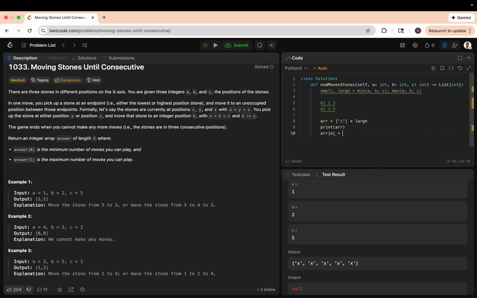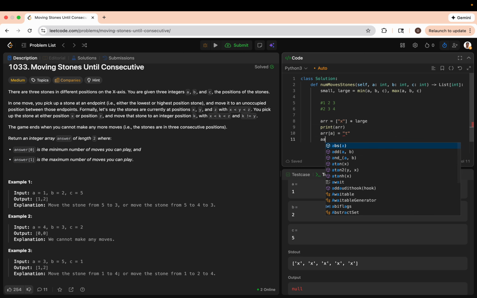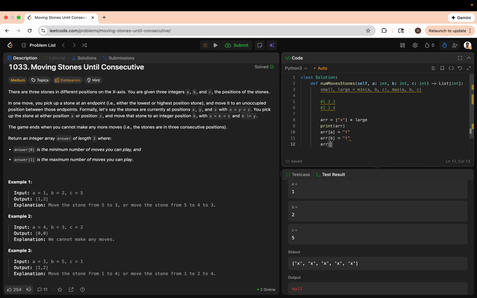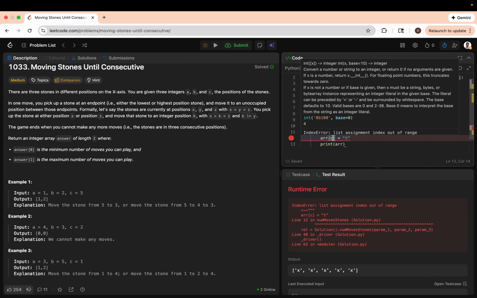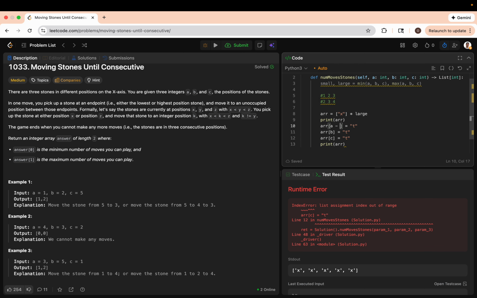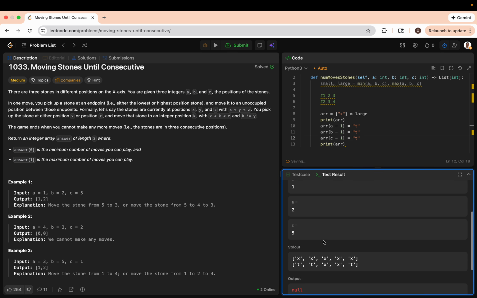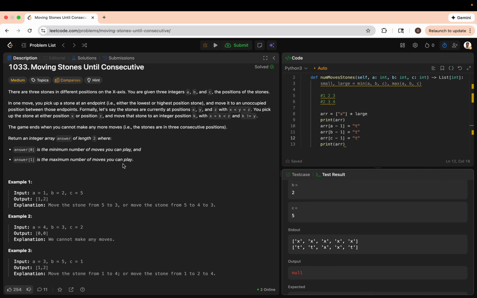So arr of A is equal to, let's say, t for taken. arr of B is equal to t. And arr of C is equal to t. So let's print arr. Okay, so out of range. So let's do minus 1. Cool. So now we built a number line, and for the maximum number of moves we can play, why don't